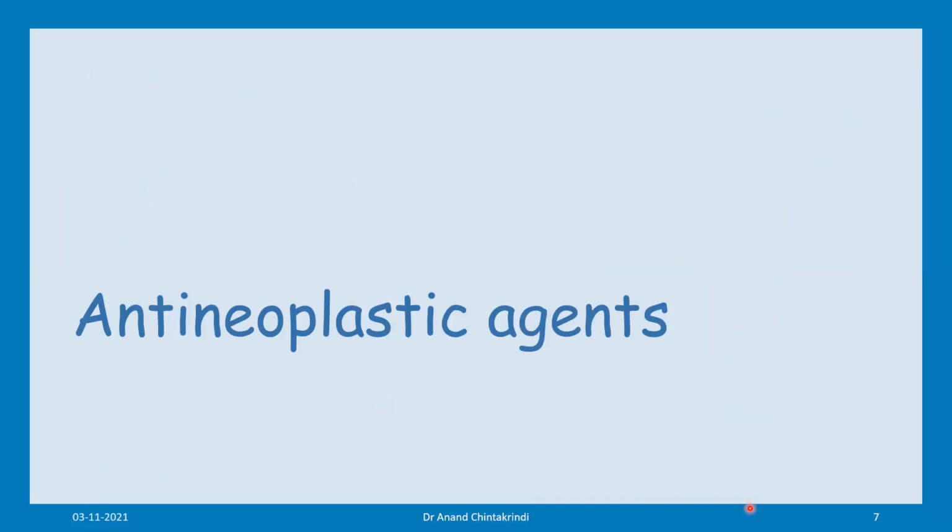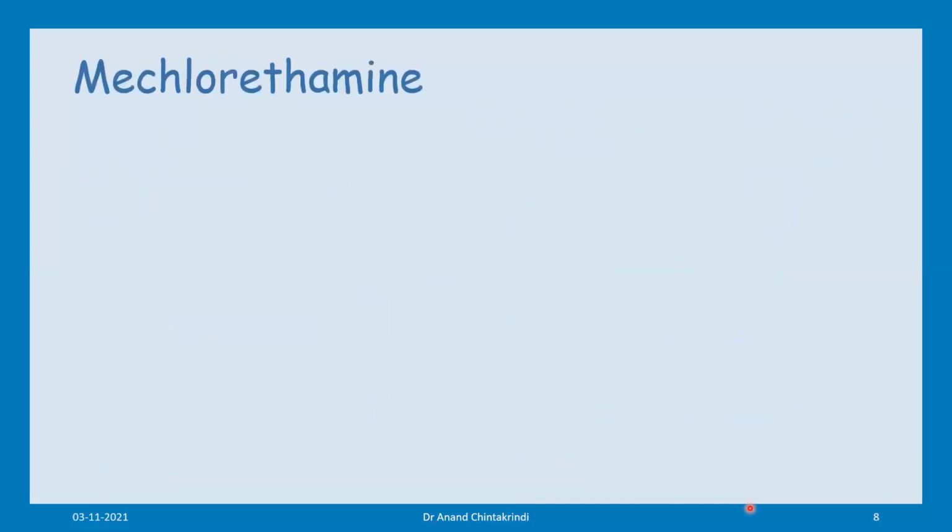The next class of compounds we'll be looking at is anti-neoplastics. The first drug under this class is mechlorethamine. It is a very simple synthesis. You start with methylamine and ethylene oxide. So in fact, 2 molecules of ethylene oxide are required so that each molecule will attach to the methylamine, at either carbon of this ethylene oxide